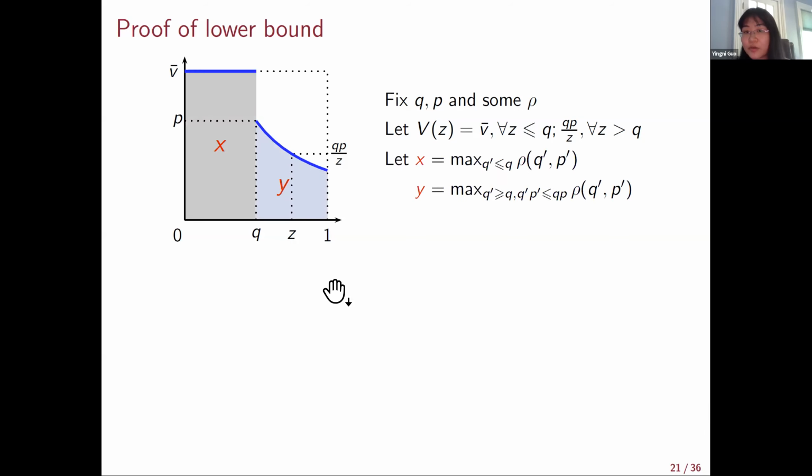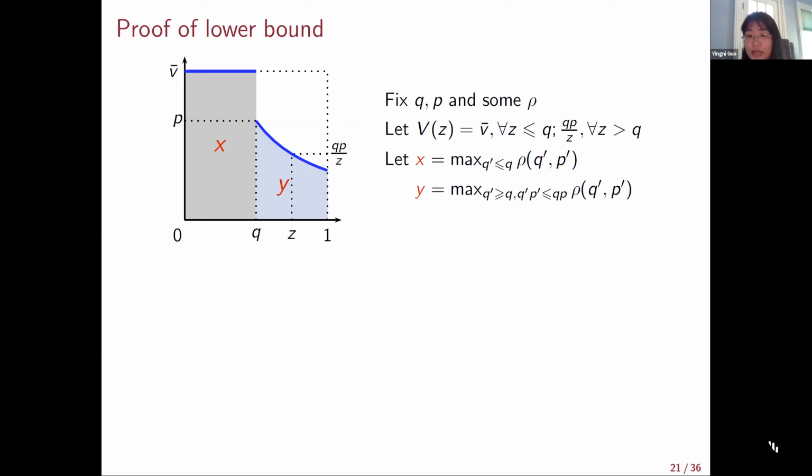Now, given this demand function, pick any policy rule, we can ask what is the highest revenue the firm can get if he chooses a price quantity pair in this gray area, which is given by X. And we use Y to represent the highest revenue the firm can get if he chooses a price quantity pair in this blue area. So with this X, Y, we're going to talk about 3 different cases.